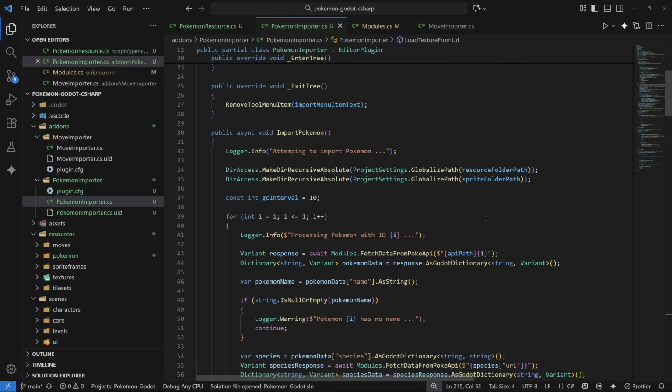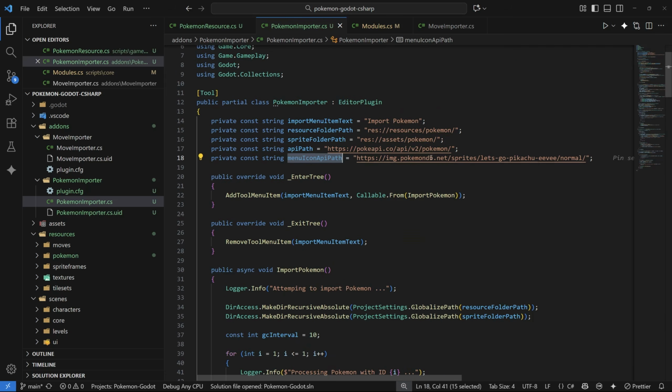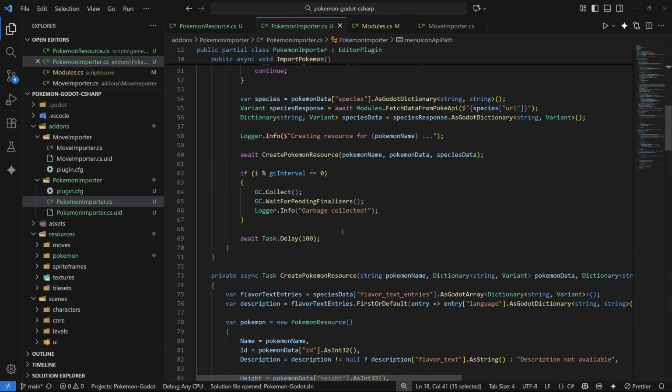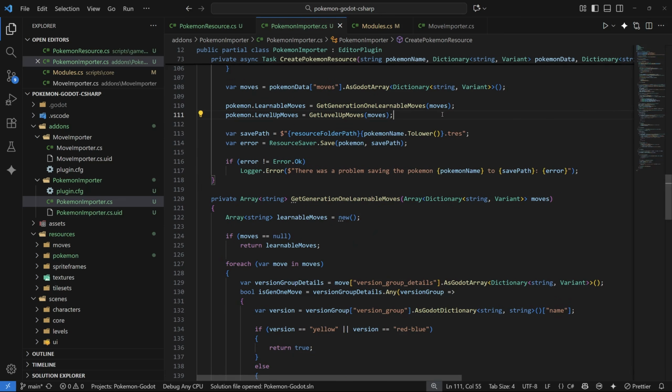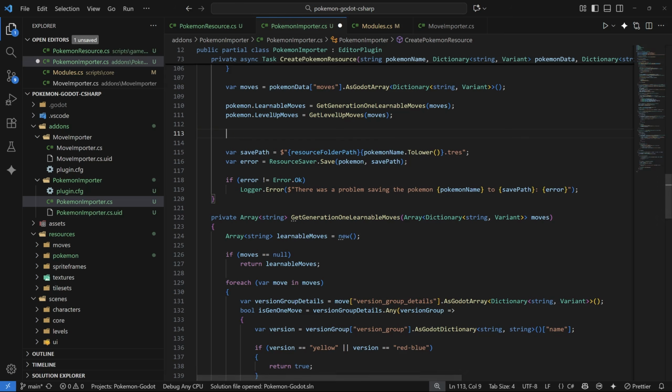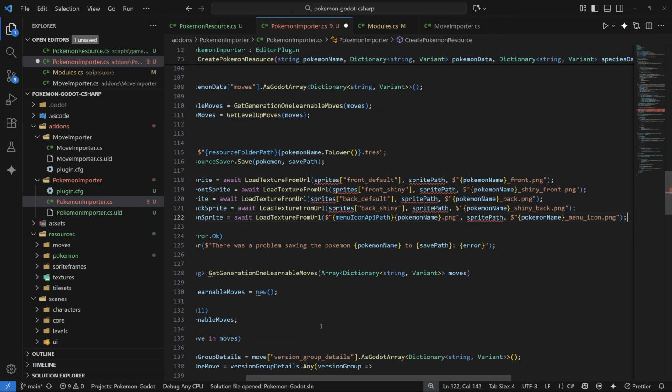So if you go all the way back up here, you'll remember that we have this menu icon path and these API paths and stuff. What we're going to do inside the create Pokemon resource is go down here after the level up moves, and paste in a few more things. That's our front sprite, our shiny front sprite, our back sprite, shiny back sprite, and our menu icon sprite. So if I paste these in here,